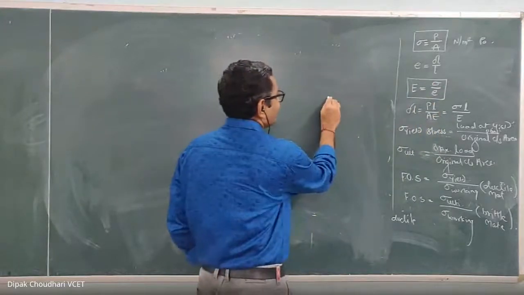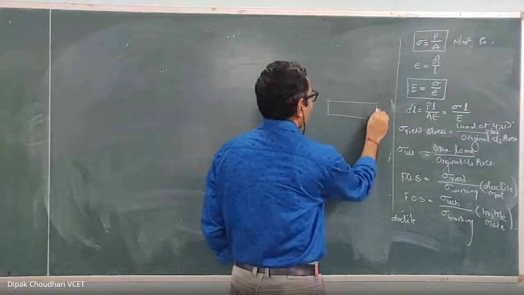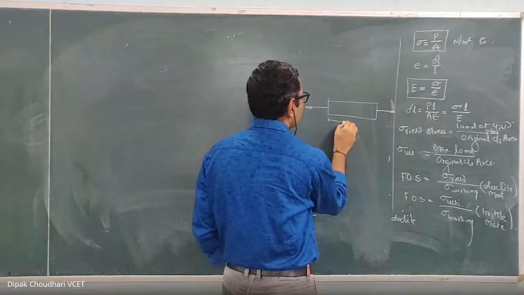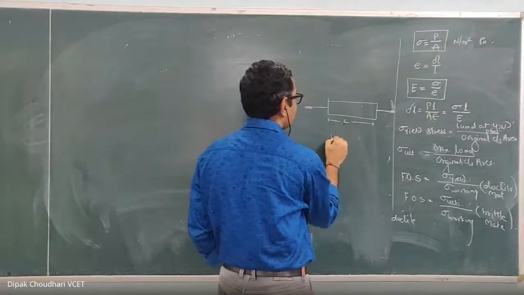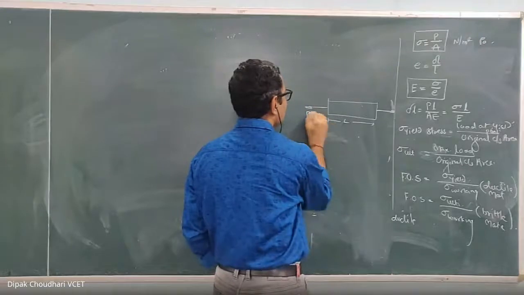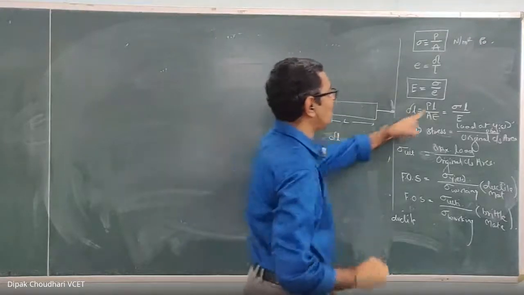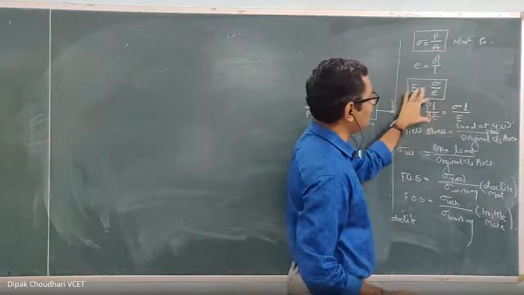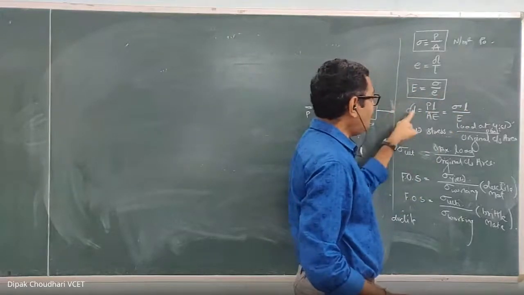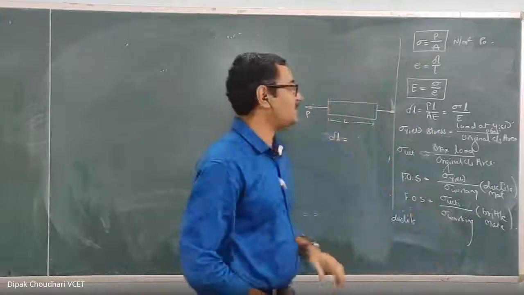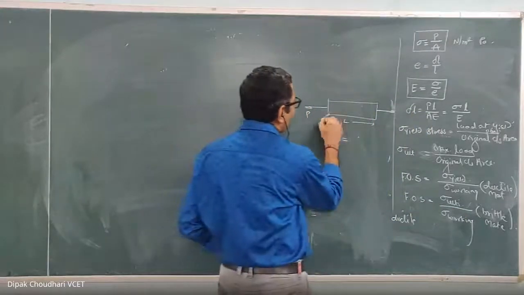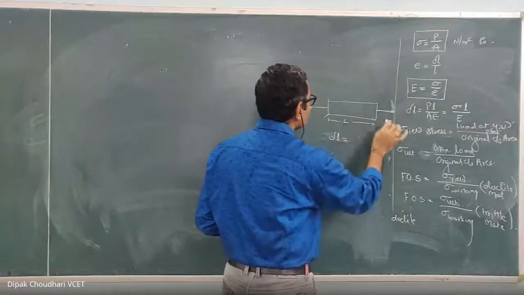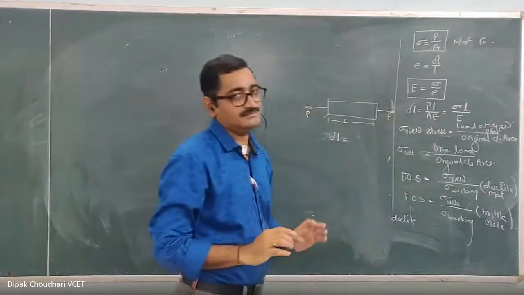Then, when any component is subjected to an axial load, the deformation of this component over the length of L meter because of the external applied force P is given by delta L equal to PL upon AE, which can be written as stress into L upon E, because P upon A is the stress. This formula can be used only when, for this particular length L, the cross-sectional area is constant and P is also constant.